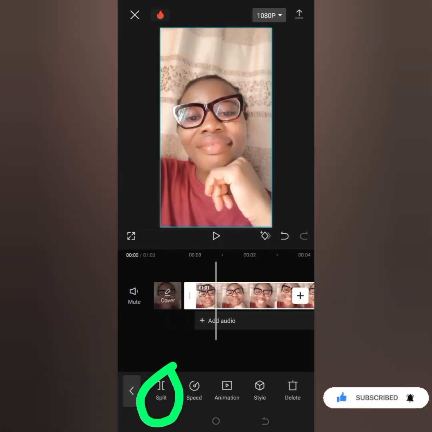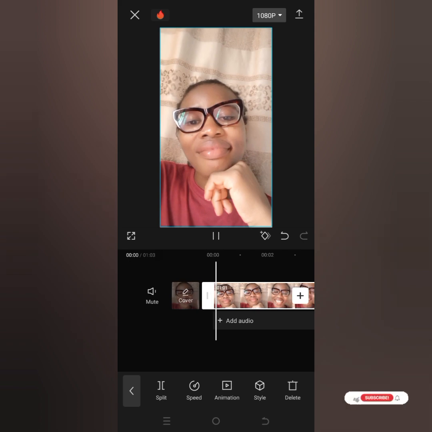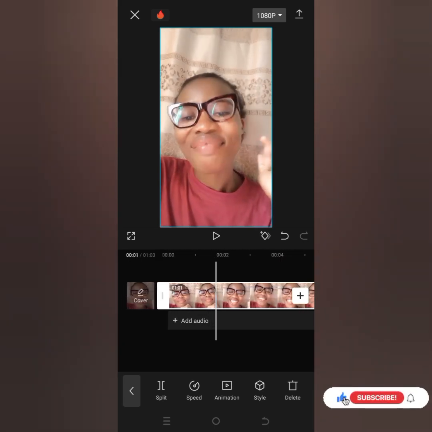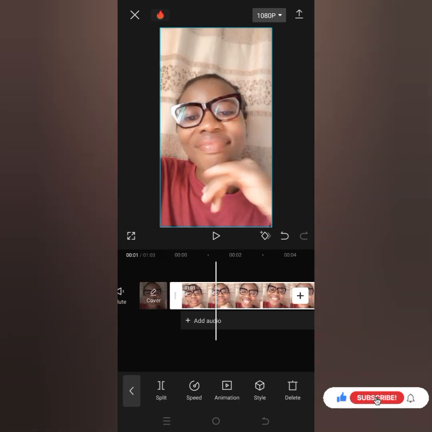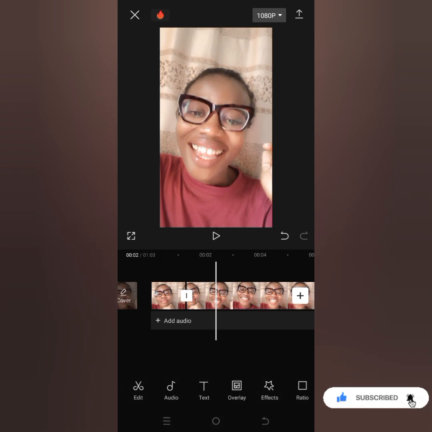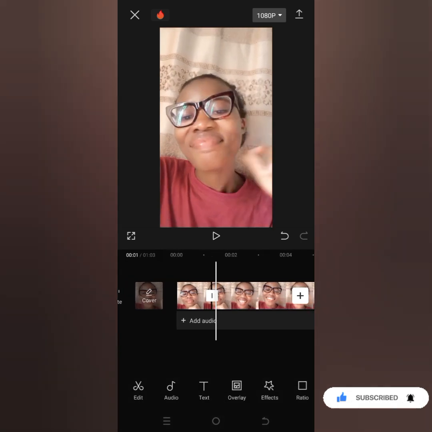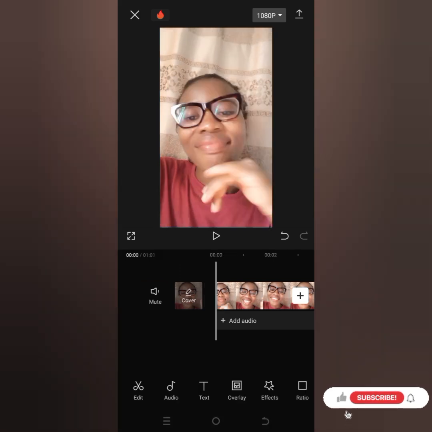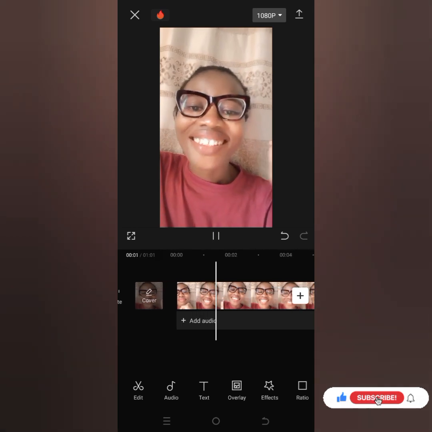So one of the first things I'm going to show you how to do is how to use the split button. So you click on edit to use the split button. I've seen a particular portion of the video that I want to remove. I didn't see anything there, so I want to delete it. So once you've gotten to that point, click on split, and when you split it, you'll be able to delete